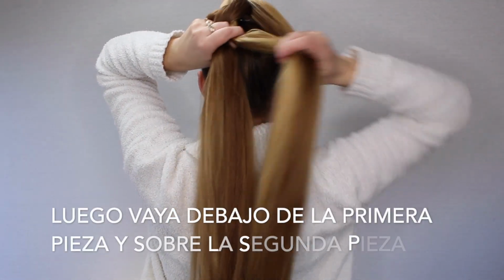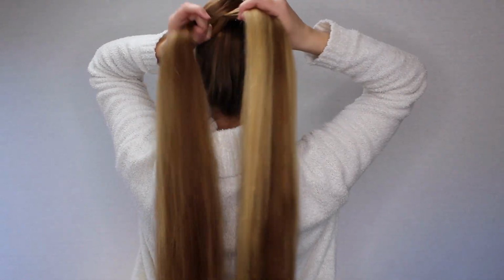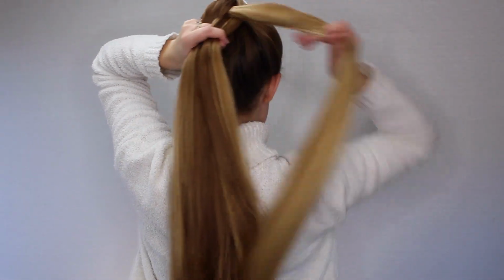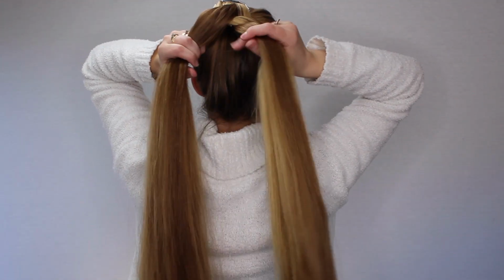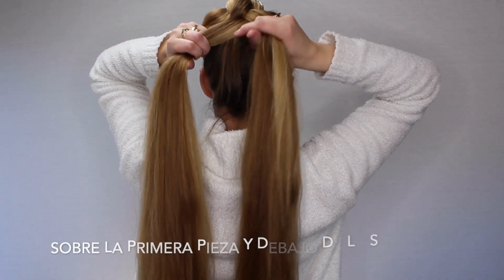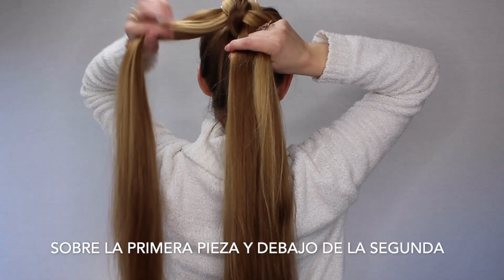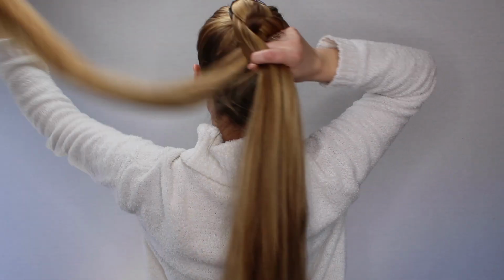Okay, now we're going to go opposite on the right side. Taking the right side, go under the first piece on the right side and go over the middle piece. Same thing on the left. Take your outside piece and go over the first piece and then go under